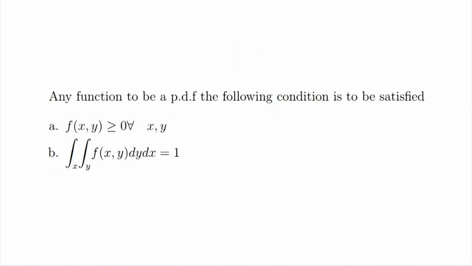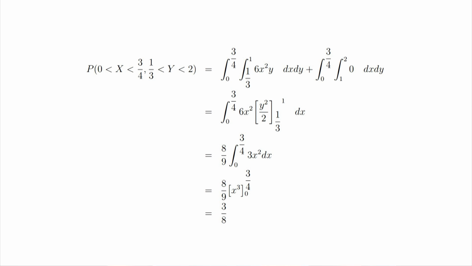For any function to be a PDF, f of x comma y should be greater than 0 and the integral of the function over the range of x comma y should be equal to 1. As both these conditions are satisfied, the given function is a PDF. Now, probability of 0 less than x less than 3 by 4, 1 by 3 less than y less than 2